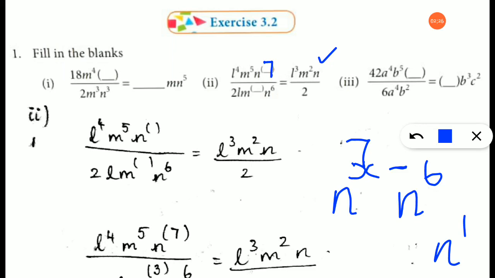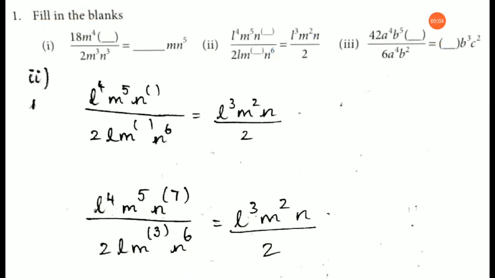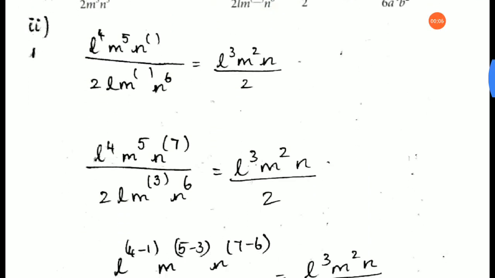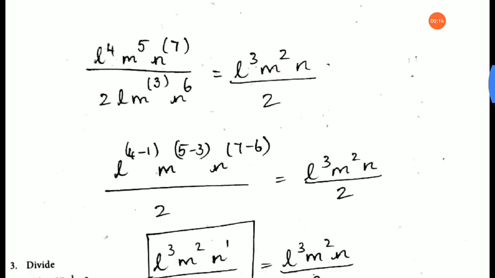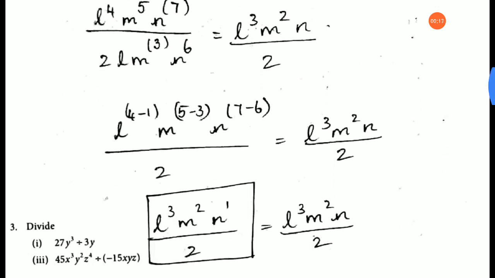Is this sum clear? So this is how you will write. First the question is written, and then all the denominator items are brought to the top, and then you are going to find the value of the unknown places. Okay, this is how you are going to find the answer. Is it clear, children? Now next one, third subdivision I will solve now.